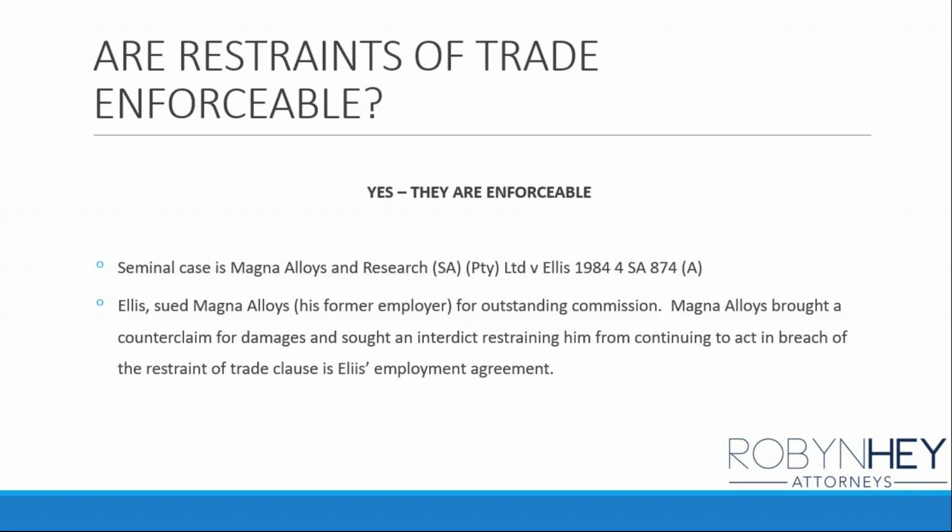So just so that you can impress your friends at the dinner table and sound like you're an extra in Suits, a counterclaim means that within the same legal case, one party makes a claim and the other party says, well, firstly, I don't think you have a claim, or I think you have some claim, but I also have a claim, and it's bigger and better and scarier. So those are counterclaims, and damages are what you lose or what you have suffered from a financial perspective as a result of somebody breaching a contract.